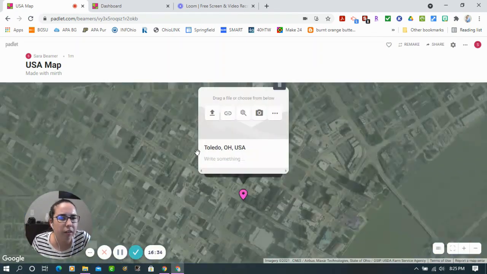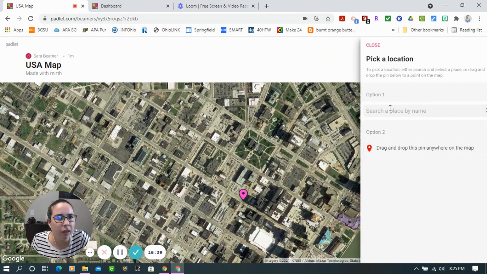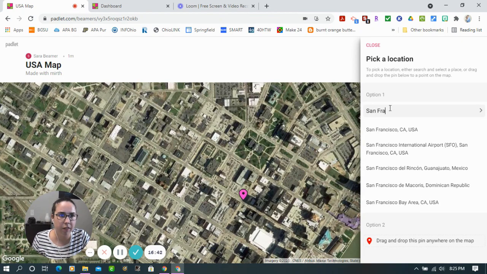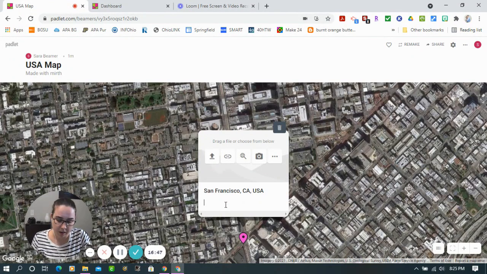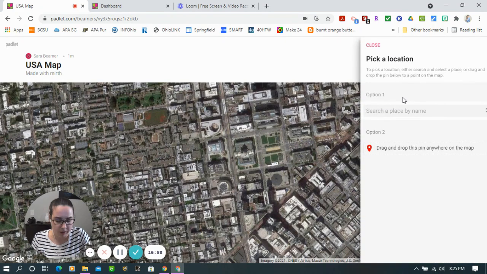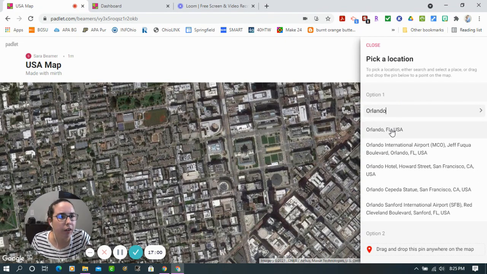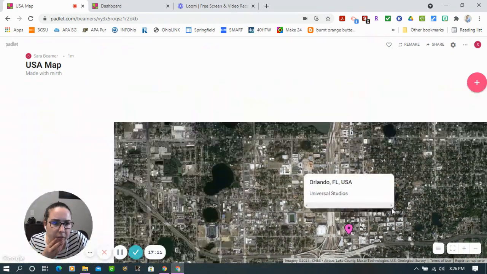Toledo, Ohio. And let's write something. Home. And let's write right here. San Francisco, California. No, let's not do that. Let's do Orlando, Florida. Universal. Okay, and then if we zoom out,